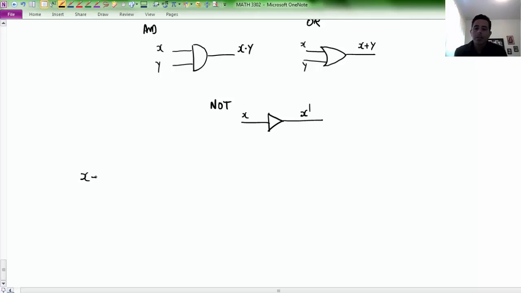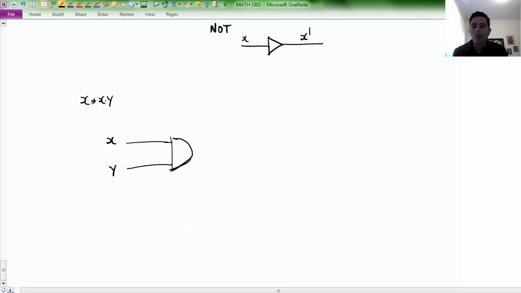How do we draw the diagram of this expression? We have x and y. Notice that we're going to do multiplication first, okay, x times y. So that becomes that, and then